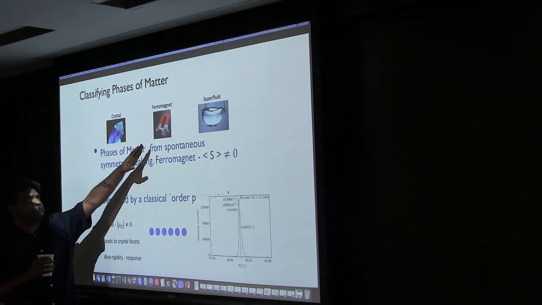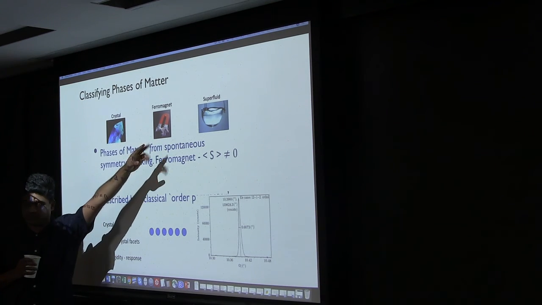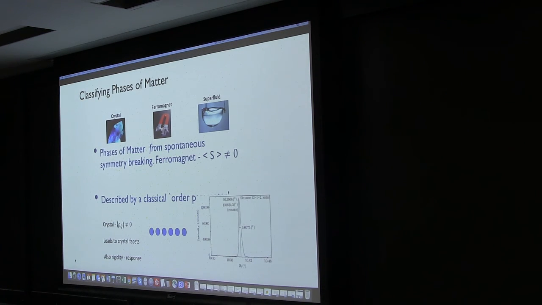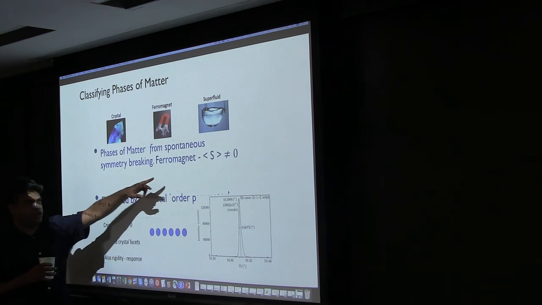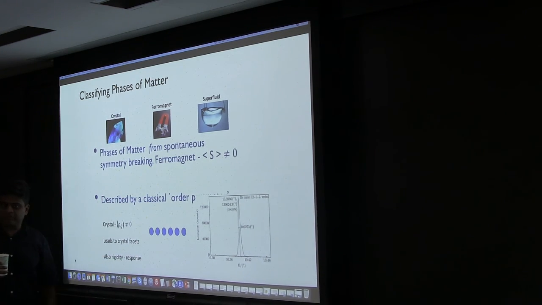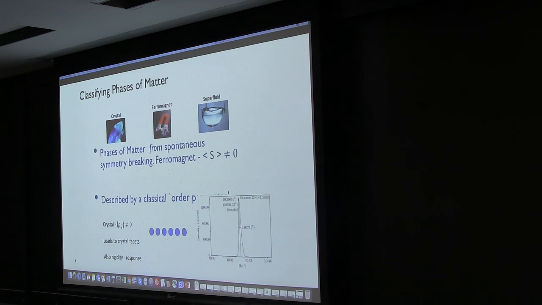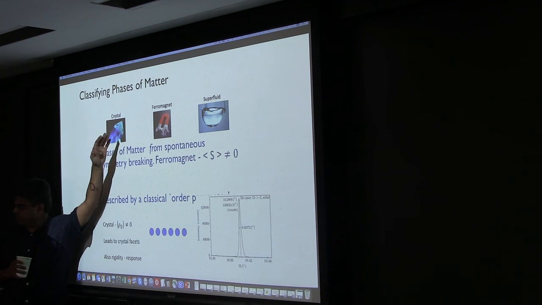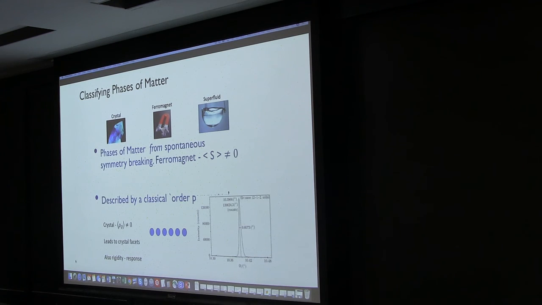Yeah, a ferromagnet also is a symmetry breaking state. The electron spins pick a direction. There are others which are a little less obvious that they're symmetry breaking. Superfluids, for example, are symmetry breaking states. They can be described just like these other states. There's an order parameter. It's a little bit harder to put your finger on what that order parameter is. We don't have as good an intuition for what that order parameter is. But the way in which you identify a superfluid is much like how you identify a solid. People knew there were solids long before they figured out that they were actually crystals, right, with periodic arrangements of atoms. A periodic arrangement of atoms you can see in X-ray diffraction.